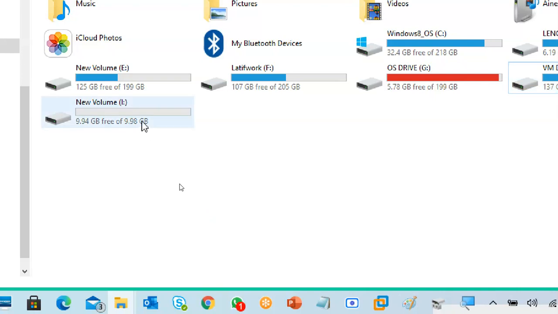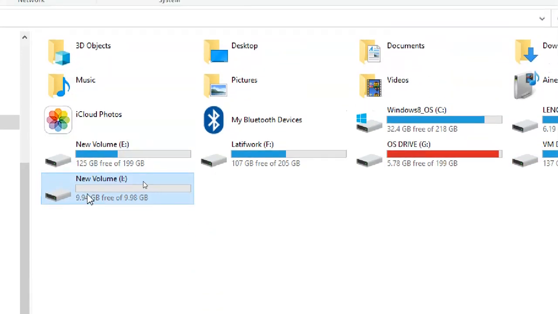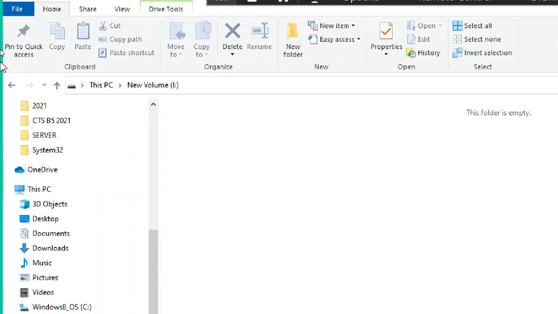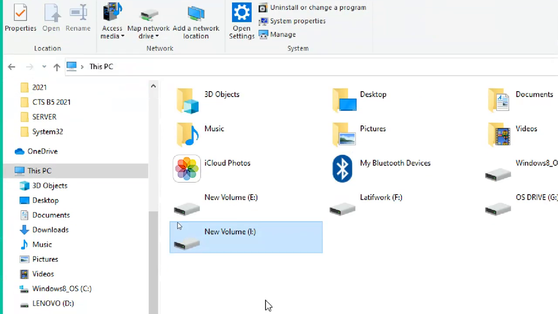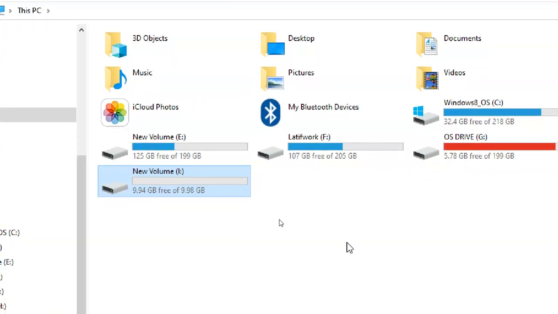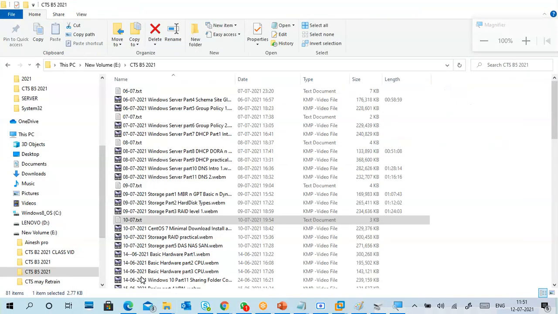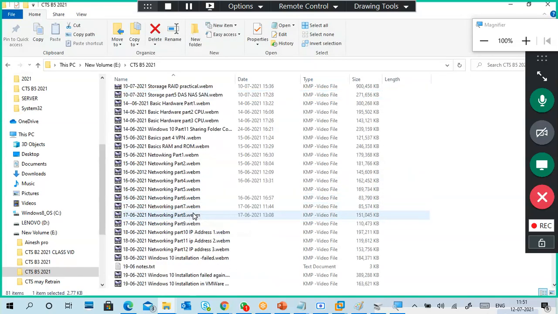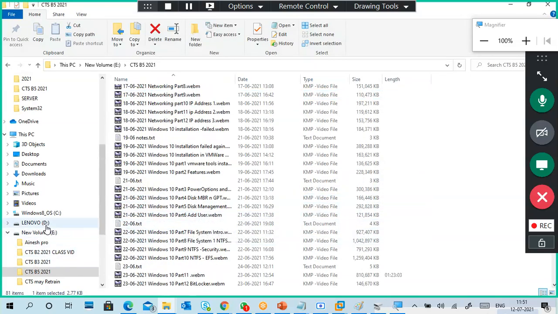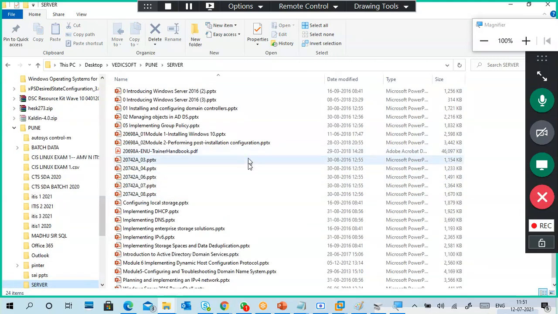Also you can go through this one. So this is the I drive, and if you want to put some data in the I drive, you can put it. Magnifier issue. Okay, no problem. I will take some files from here, for example the server files.